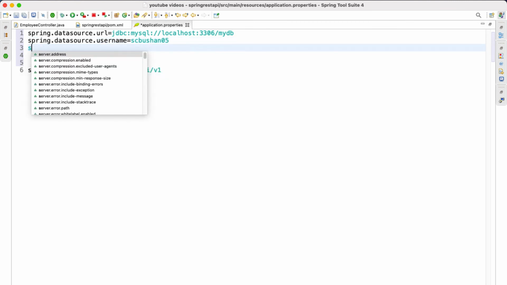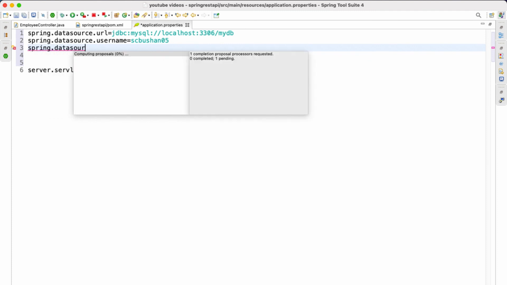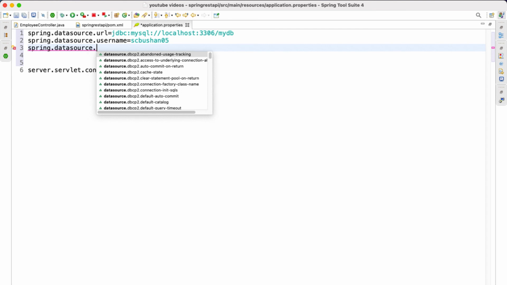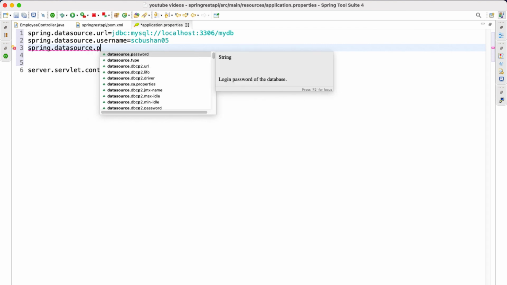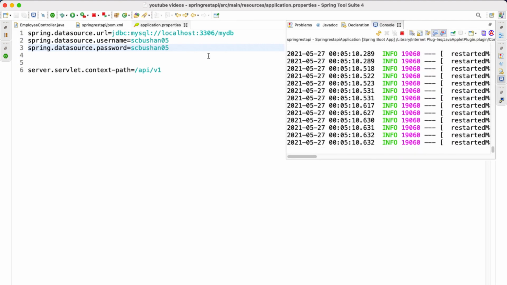Next we are going to specify the password. spring.datasource.password, scbhushan05. Make sure to change the username and password as per your MySQL database installation. With all this, let's save this. So now our application will restart, and now we have connected to the MySQL database.